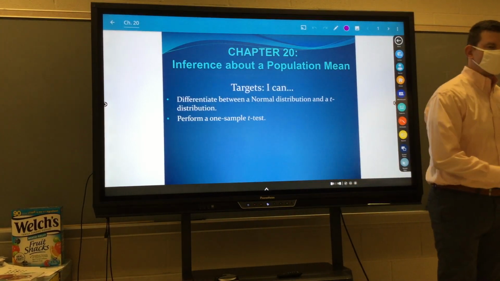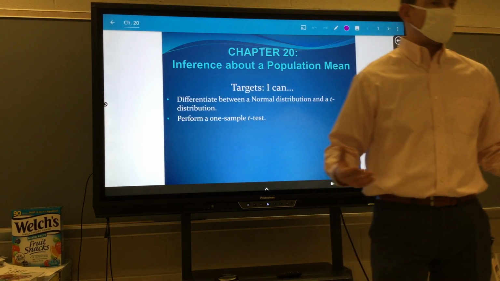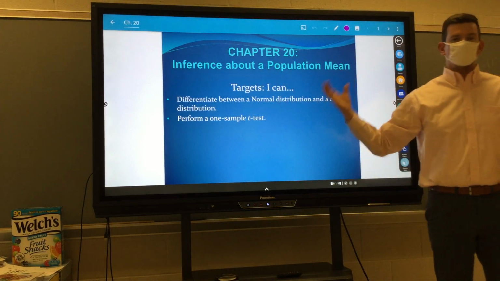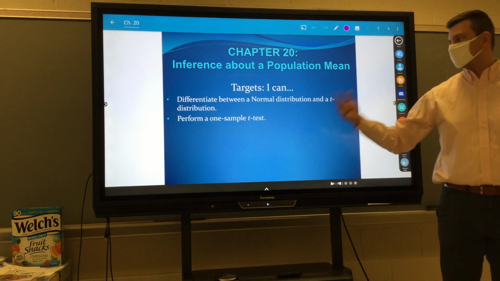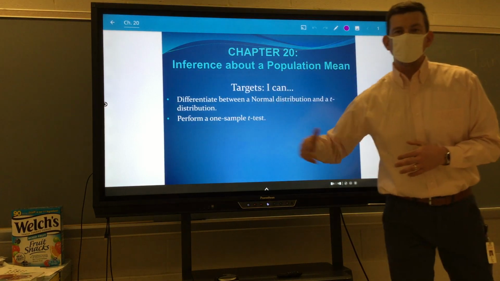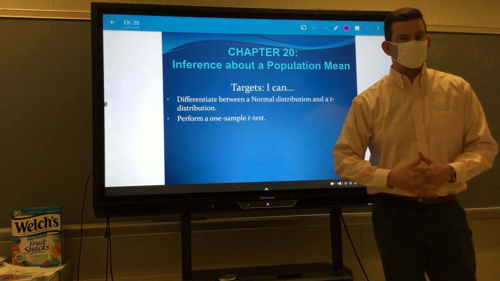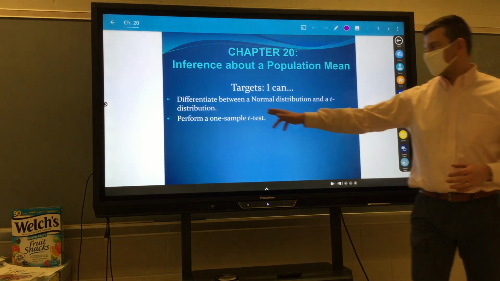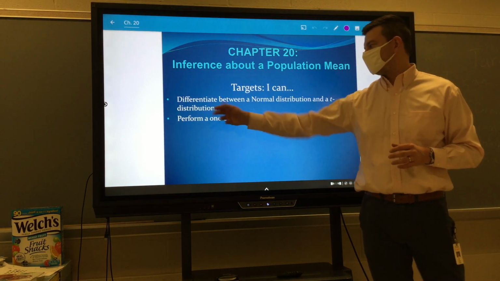So it's the same basic idea for a t-test as we saw with the z-test, with the normal distribution. We're still finding inference about a population mean. So that hasn't changed. Okay? But as we proceed into next week and the coming weeks and we have different chapters, we're going to do more with means, compare two means to each other, work with proportions a little bit, and the t-test will help us with that. As I said, our main goal for today is to try to distinguish the differences between